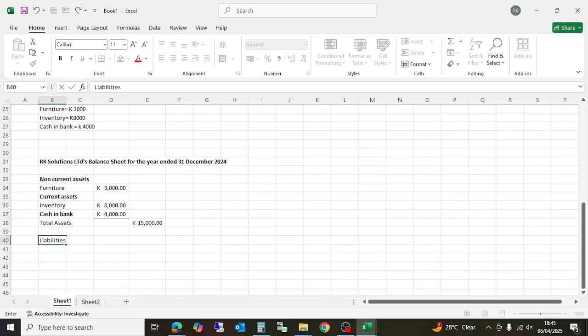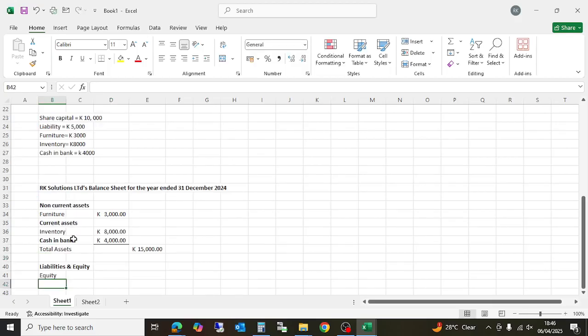My liabilities and equity. Then on the liabilities and equity, I'll put in my equity first. We always start with equity. It's as per the standard. Like I said, we are preparing this as per presentation of financial statements. We always start with equity, and then when we bring equity here,